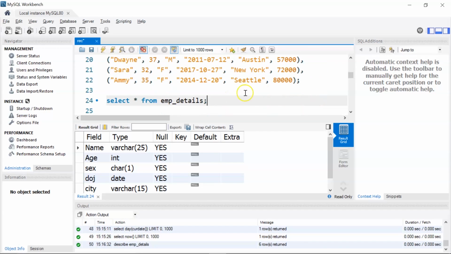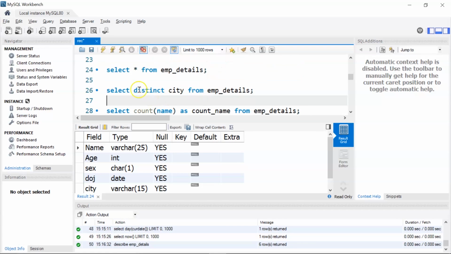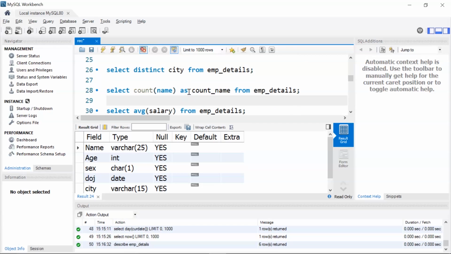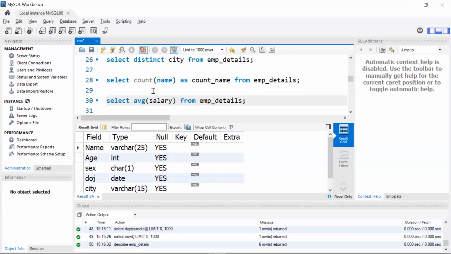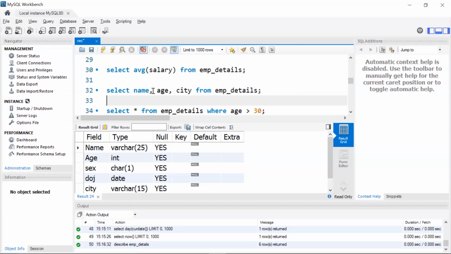Then we saw how you can use the select statement and display all the columns present in the table. We learned how you can display the unique city names. We learned how to use different aggregate functions like count, average, and sum. Then we learned how you could display specific columns from the table.